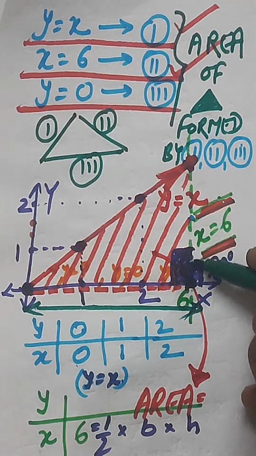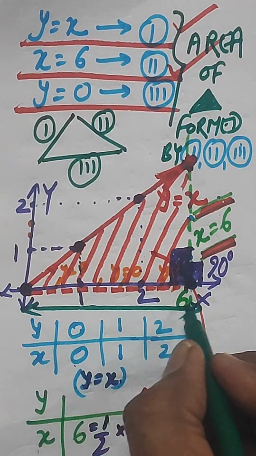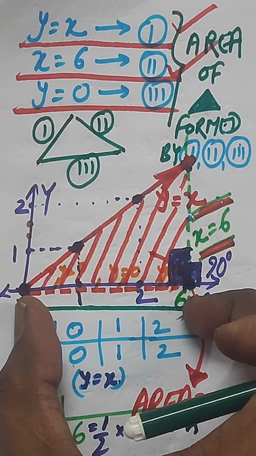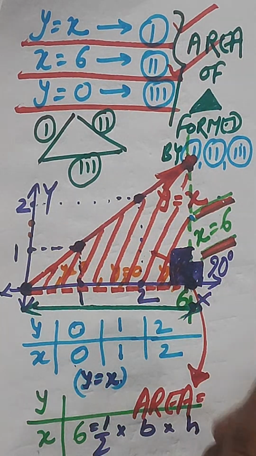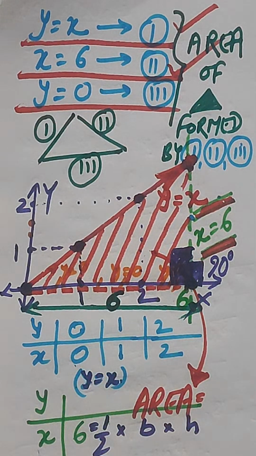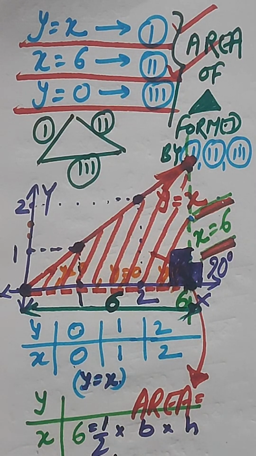This is making the limitation. This is the limit. So you can see x is equal to 6 till here. So the length of this section is nothing but 6, right? So in place of base, just write,